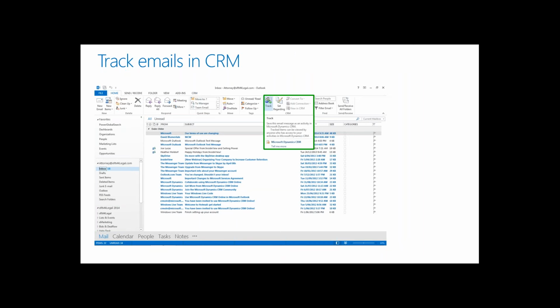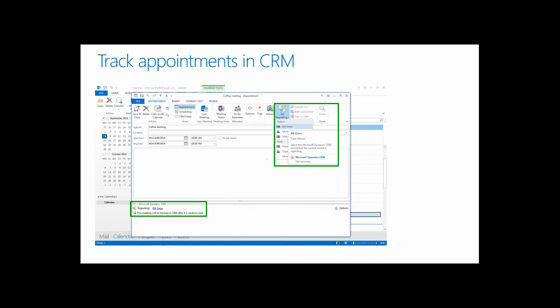For Outlook is the ability to track emails, so we can save email messages as activity records within CRM, and those tracked items can then be viewed by anyone who has access to activities within our CRM system. And we can do the same with our appointments in CRM. And again, this is really very powerful stuff that users really love to be able to take advantage of as they look to share contacts,